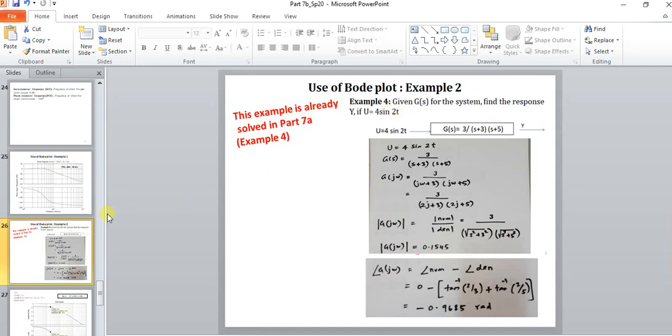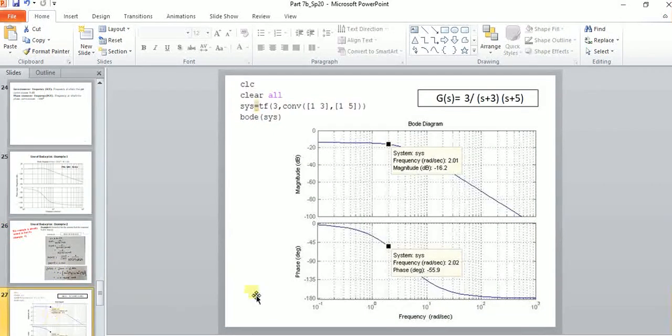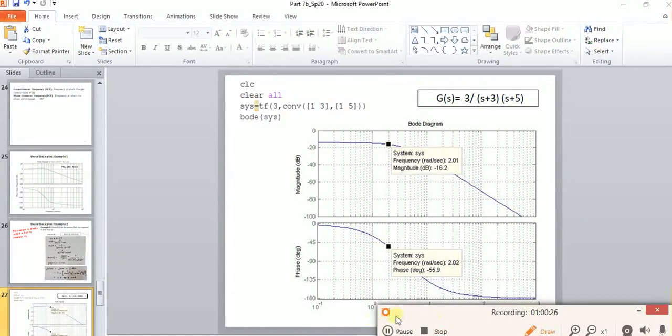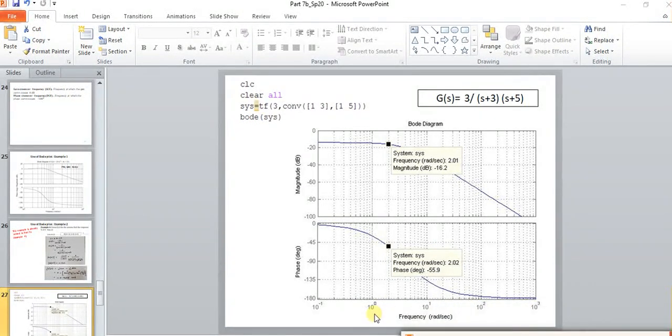So in this Bode plot, I go to 2 radians per second. Where is 2 radians per second? This is 10 power minus 1, that is 0.1. This is 10 power 0, so this 10 power 0 is 1. This is 1 radians per second. So that means this place is 2 radians per second. So for 2 radians per second, if I go straight,